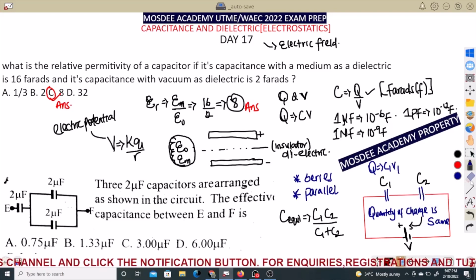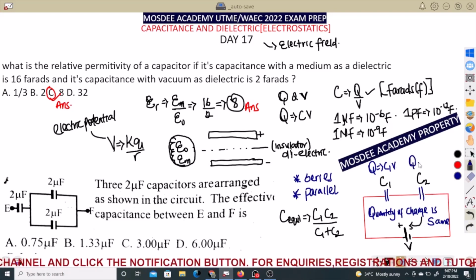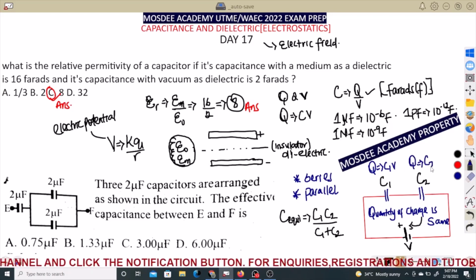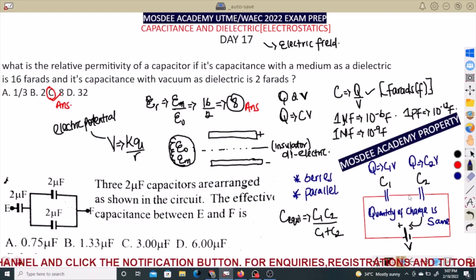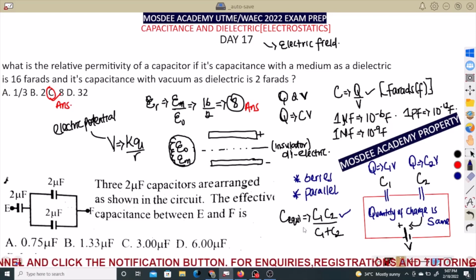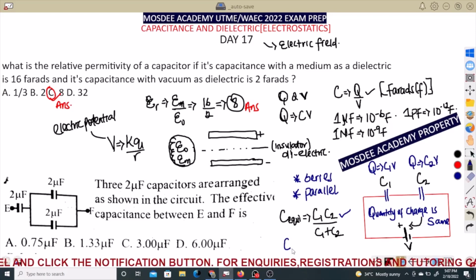C1V, and the one that will flow into the second one will be Q equals C2V. So you understand that the quantity of charge is the same. Always keep that at the back of your mind. The potential difference, when they are connected in series, is not the same. For two capacitors, the equivalent capacitance is always the product over the sum, in as much as they are two. But if they are equal, you can also say the equivalent capacitance